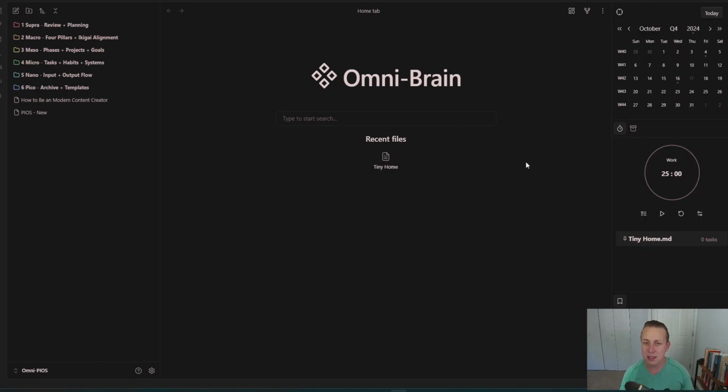So this idea of having a system, let me close these so you can see what I'm talking about here. This is my Obsidian system here, and basically anytime I use a tool, whether it's Notion, Acrium, Capacities, I build out a system very similar to this. This is my PIOS. And so when I want to focus on the yearly level, the supra, quarterly, monthly, weekly, and daily, that's where each of these layers go into. And so the dailies, the tasks that I do, creating this video as a prime example, and then even going into the weekly, so I'm planning the week ahead and trying to figure out what I'm going to do this week to move things forward, move my phases forward.